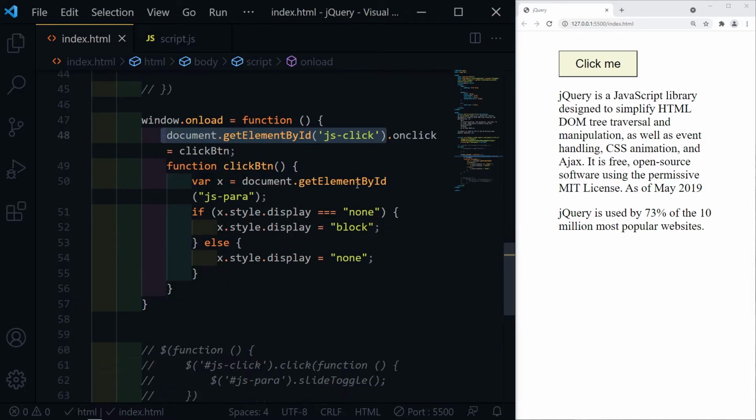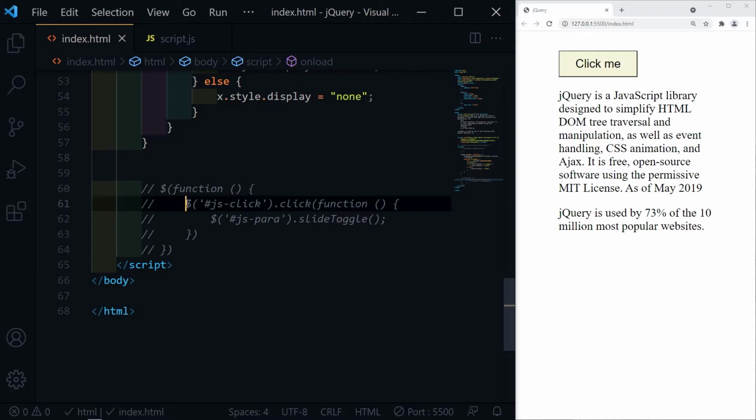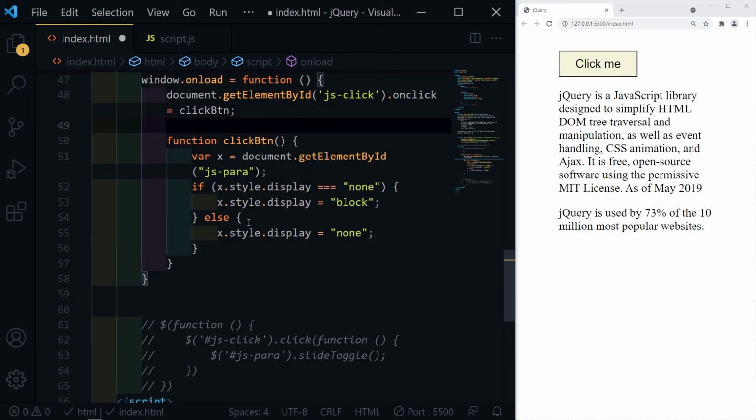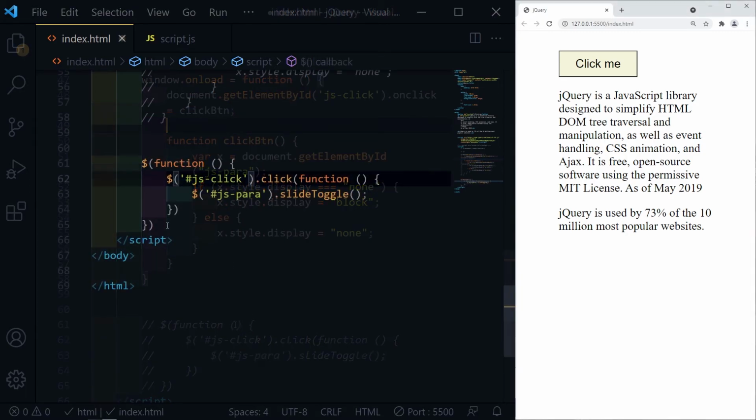For this much, we only have written $ ID name in jQuery. And on click, instead of writing document.getElementById JSPara every time, I saved it inside a variable and I need to toggle it manually. You can see that jQuery simplifies the JavaScript code and it is very easy to learn.